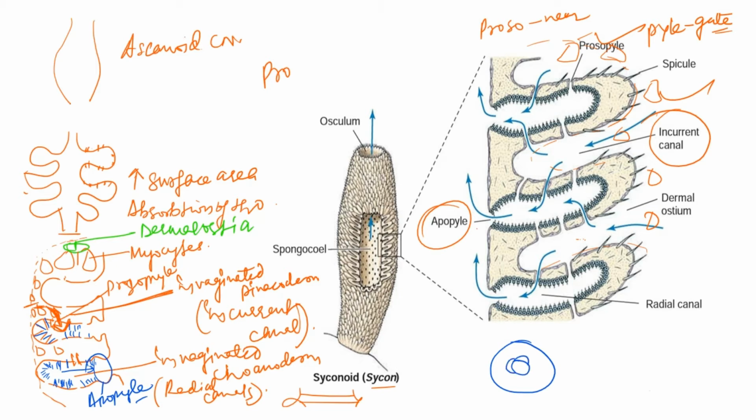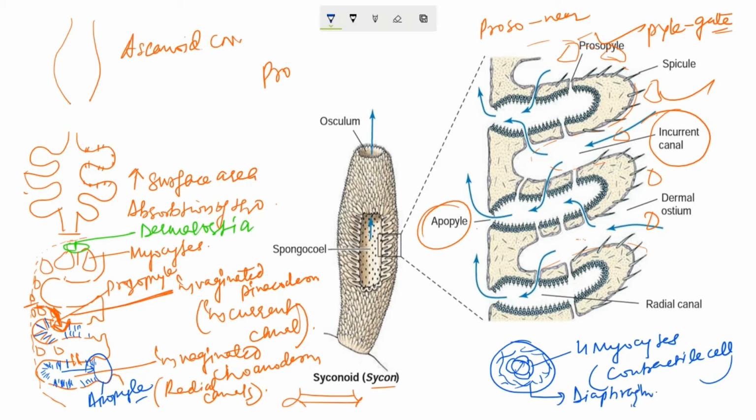This apopyle is surrounded by four myocytes. These myocytes are basically contractile cells which actually determine the diameter of the opening of this pore, and in between, this one is diaphragm. Surrounding this myocyte is diaphragm, which is basically provided with some fibers. So these myocytes along with these fibers decide the diameter of this apopyle opening, or this apopyle is going to